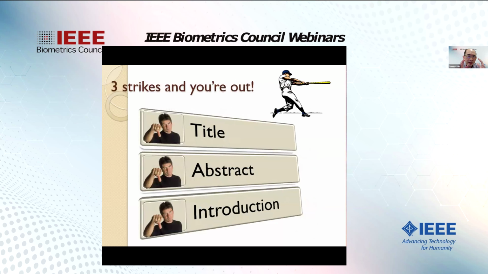So think about it in this way: three strikes, you're out. What do I mean? When a reader is looking for your paper, typically using some search engine, say Google Scholar or whatever, the reader first comes across your title. The title looks interesting. It's sort of what the reader is looking for. So your title is the first thing to get the attention of the reader. Am I right?